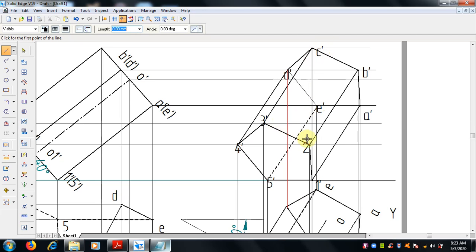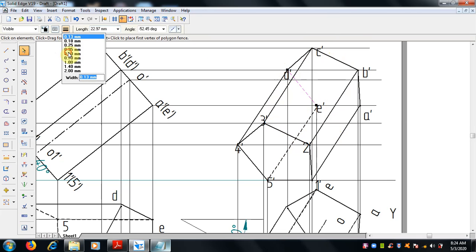Here it's a rectangular face, fully visible. But the line which crosses the visible is also hidden, 0.5 mm. And A, B, C, D, E. So E to A is also hidden since it crosses the visible.